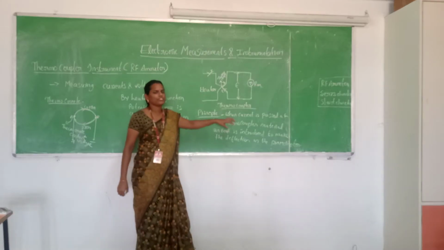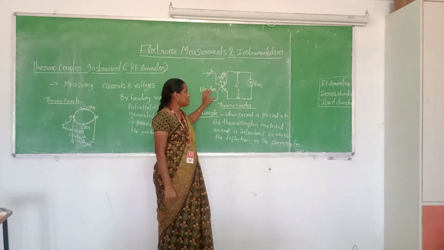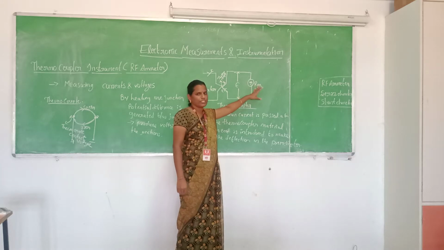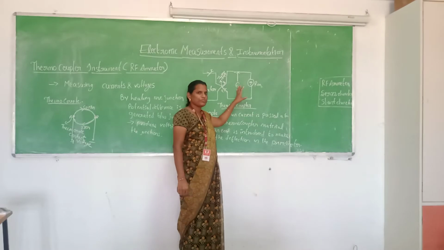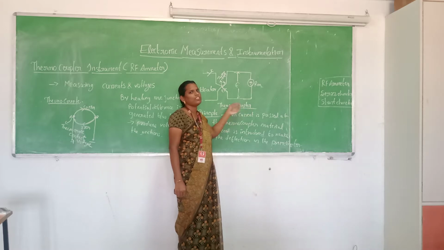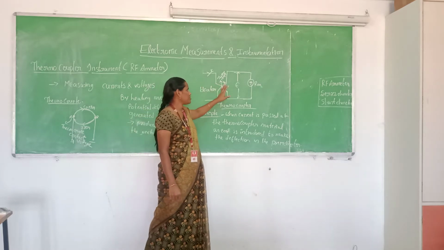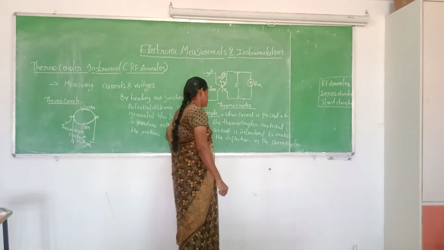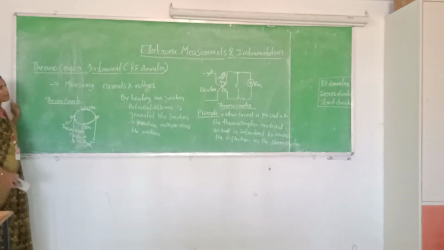So from this we can conclude that if any one of the junctions is heated, then an EMF is produced here. This EMF is proportional to the meter deflection in the PMMC. So the deflection in the meter is proportional to the electromotive force, and this electromotive force is proportional to the voltage produced between the junctions of the thermocouple. And next, this is the heater. So we are giving the unknown voltage here, and based upon the thermocouple principle, it will produce an EMF which is proportional to the meter deflection. Next, we will see the different types of thermocouples.